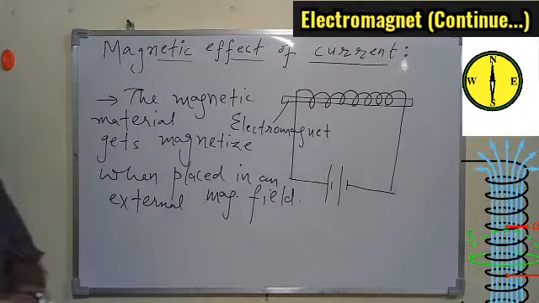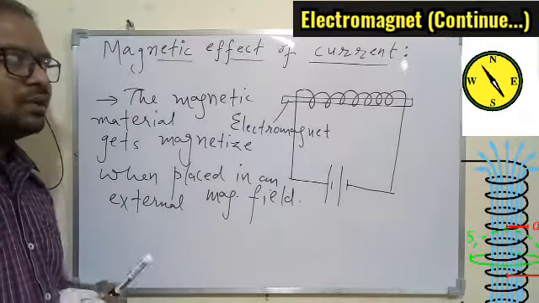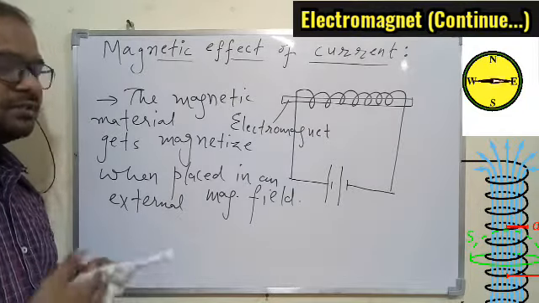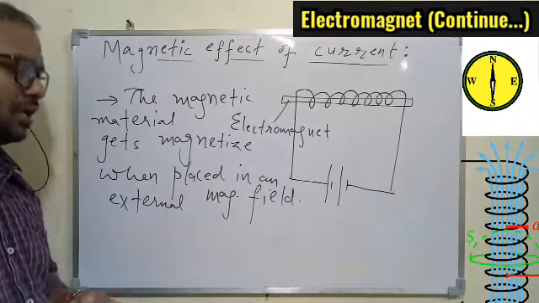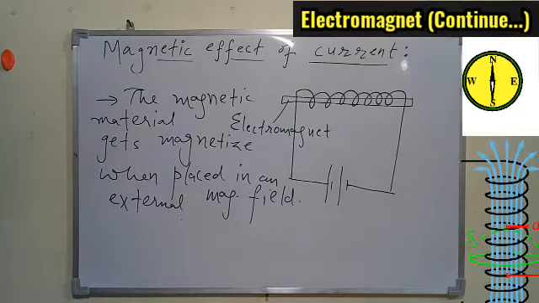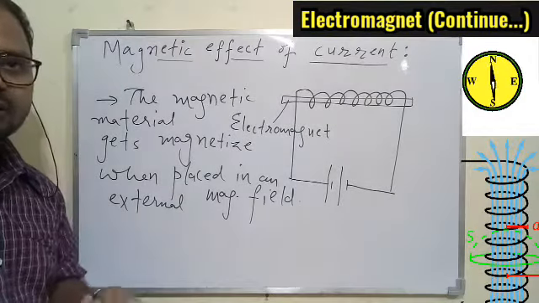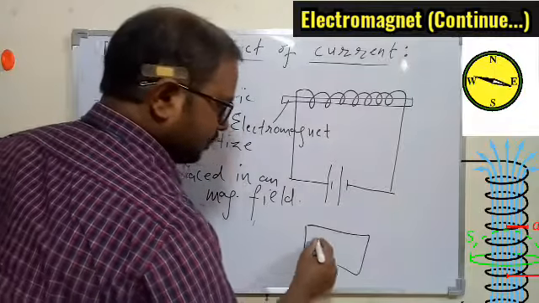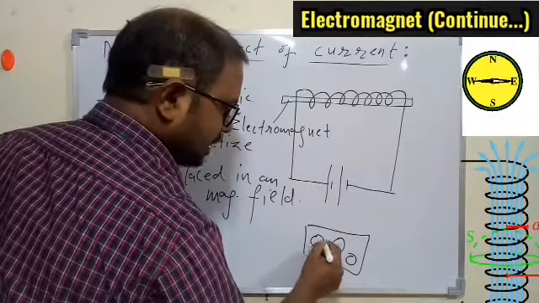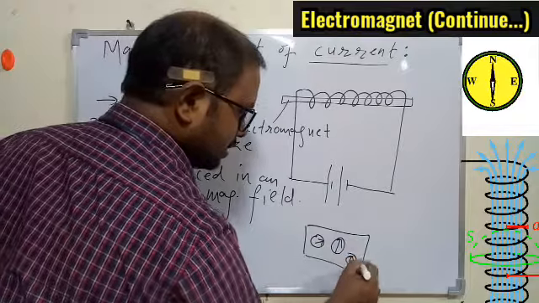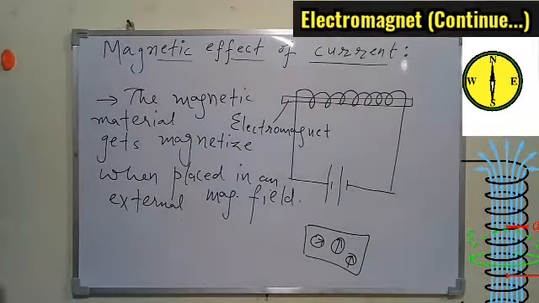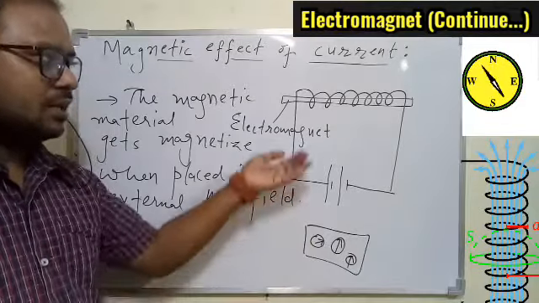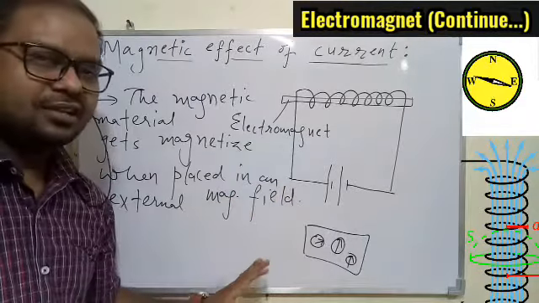Okay, so I hope you understood. Any magnetic material when placed within some magnetic field gets magnetized, that is, it becomes a magnet. And why it happens, again, is based on the atomic structure. If you remember, we understood that within any conductor there are atoms. Each atom behaves as a magnet with north and south poles, but they are oriented in different directions in the absence of current and in the absence of a magnetic field.